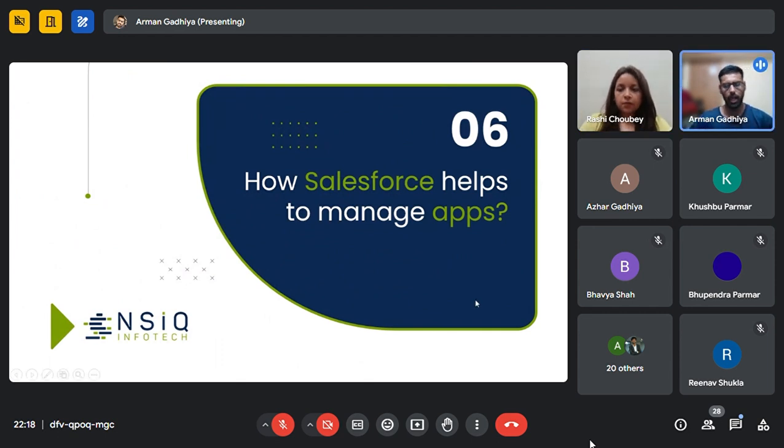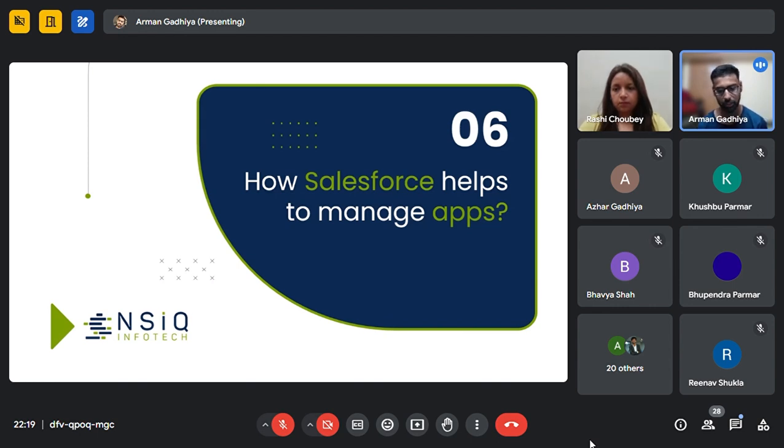Okay, so how does Salesforce help to manage an application? Pay a little attention here because this is very important information. Sometimes a situation happens in which you need to enable and disable some of the features of your application, and also some of the licenses of your application. Like in an instance where your customer is not paying you, how can you simply disallow your user from using the application or certain features that help is providing from the Salesforce end?